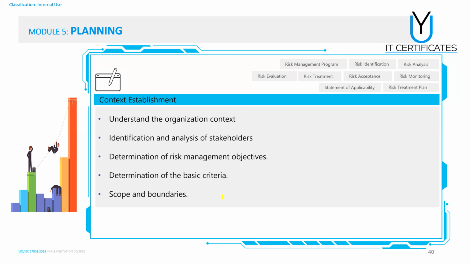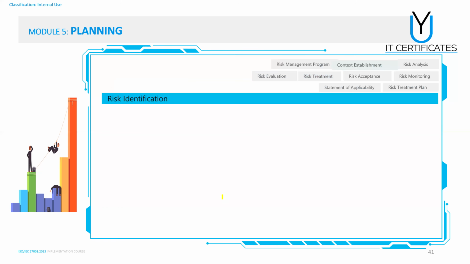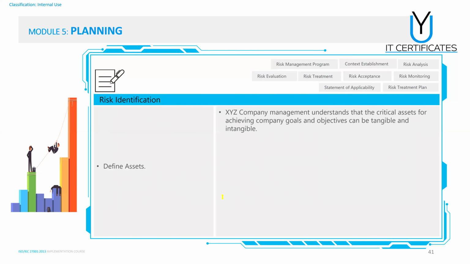Also, determination of the basic criteria, as we defined the basic criteria in the last slide. Impact evaluation, we accepted our risk acceptance evaluation, and the other factors, and you have to define the scope and boundaries for the context. Okay, in risk identification, if you do the context establishment properly,